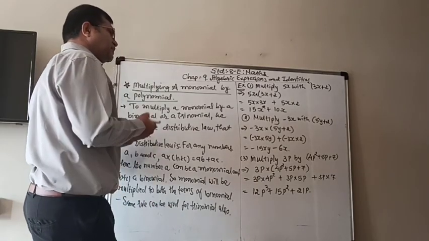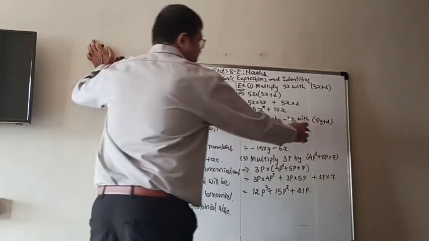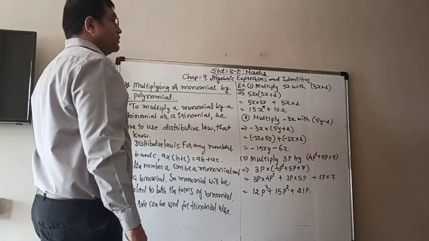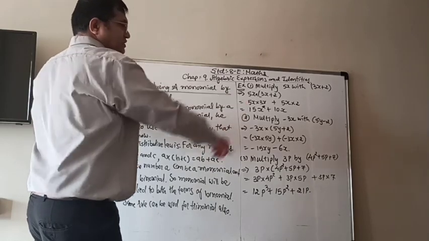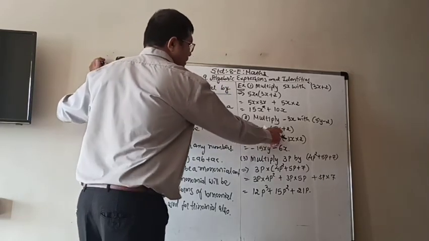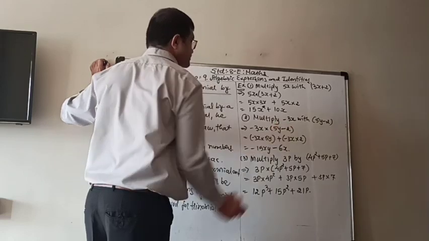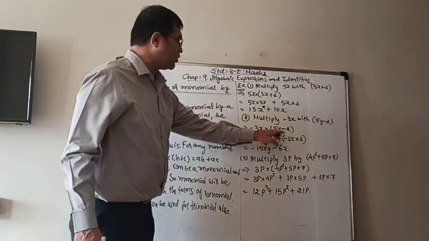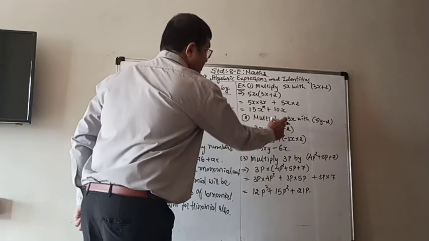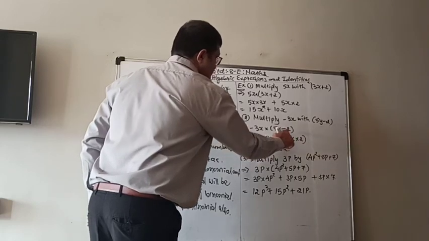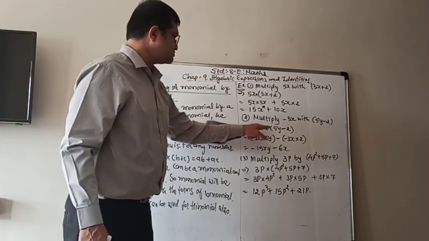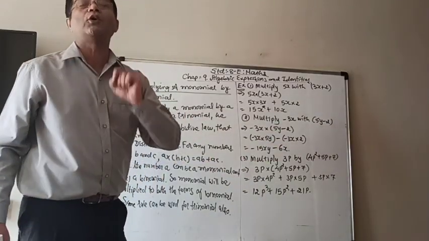Here we can take another example. Let us understand with the minus sign also, then you will understand more. Multiply minus 3x with 5y minus 2. So now we write down minus 3x multiplied by 5y minus 2. Now minus 3x will be multiplied with both of them. So we write down minus 3x multiplied by 5y. Here the minus sign, so we write minus 3x multiplied by 2. So here minus 3x is multiplied by 5y and 2, both of them.